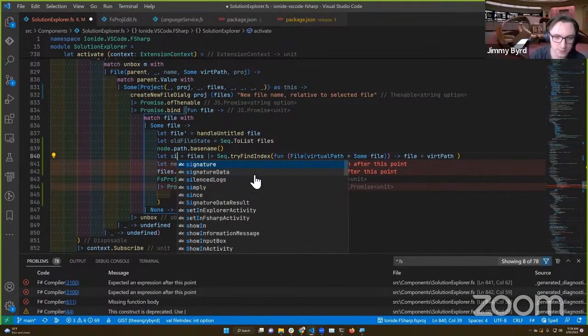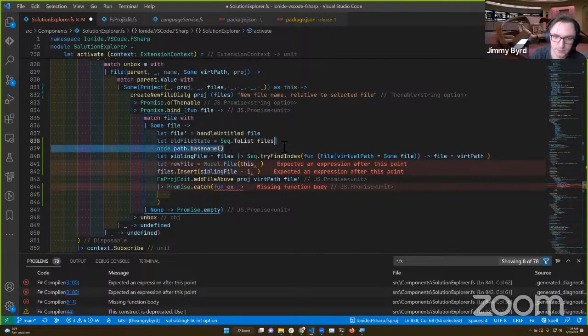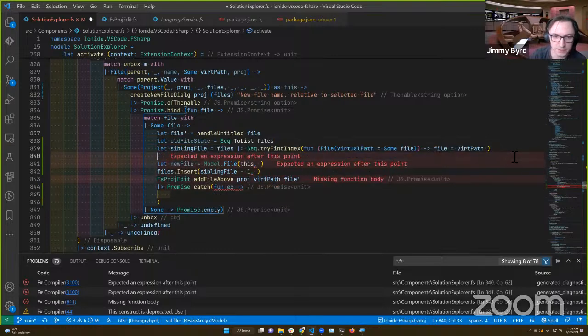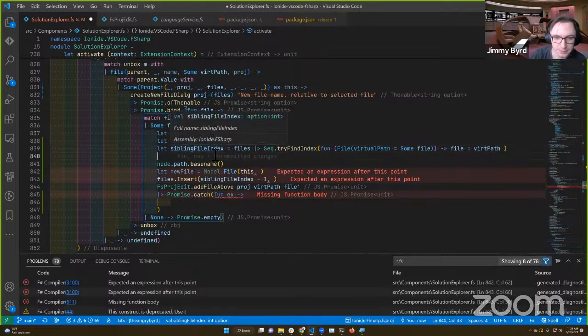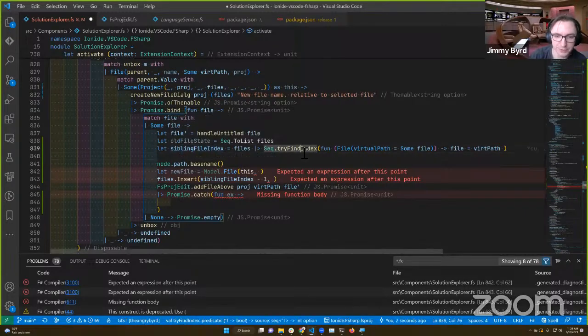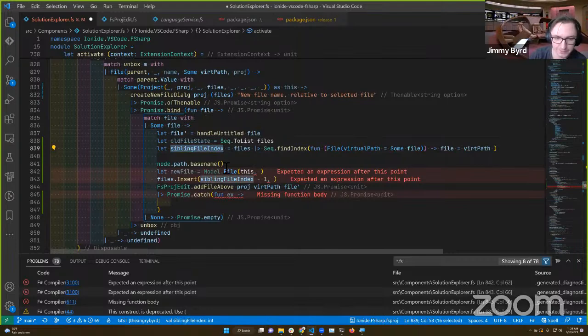So say this is the sibling file, the sibling file index. And we need to actually get that. We're never going to do try find. We're just going to do find.